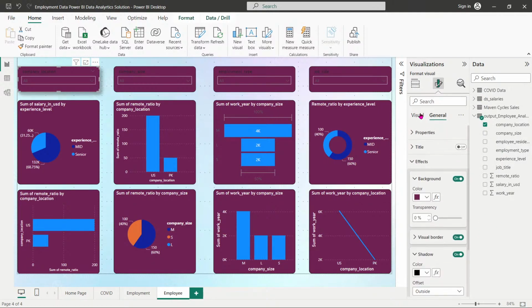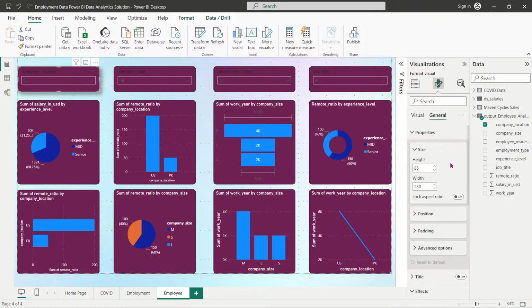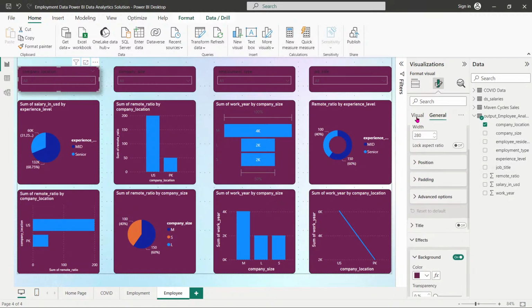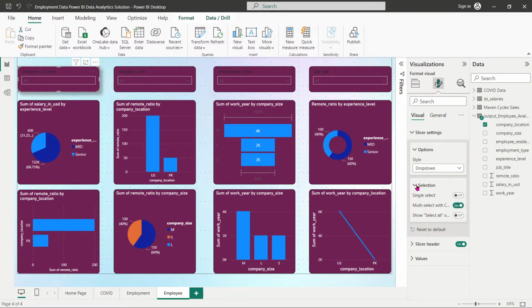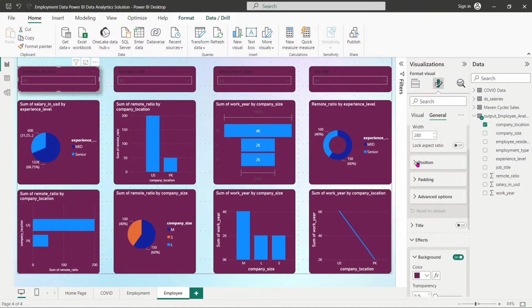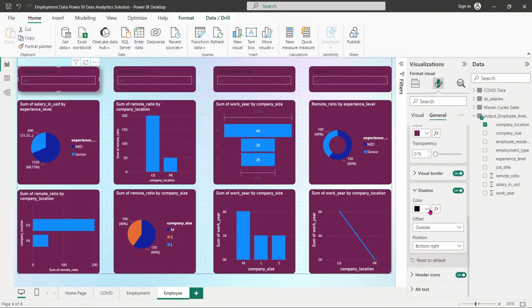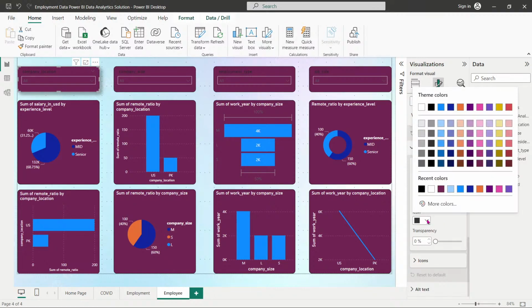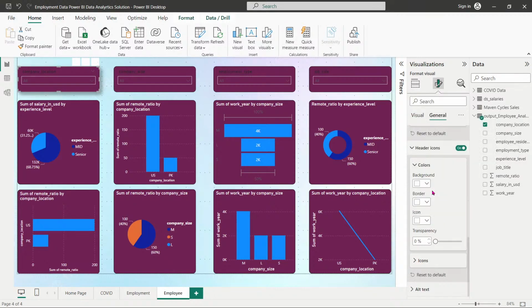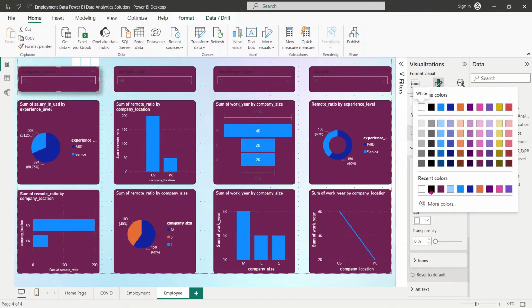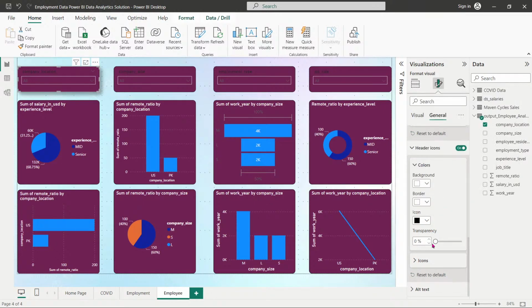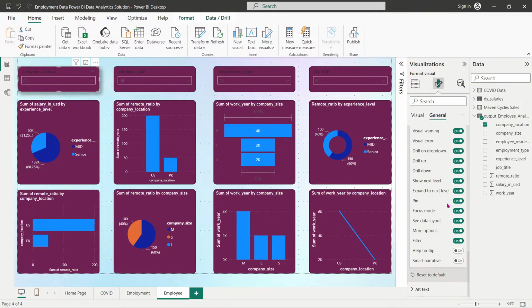Similarly, I'm going to properties, and this property is going to select position, visual, and within the visual, I'm going to change the size, and this header icon. Can you see this header icon should be white, not white, right? So icon,